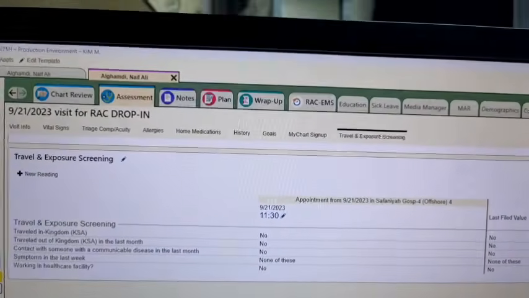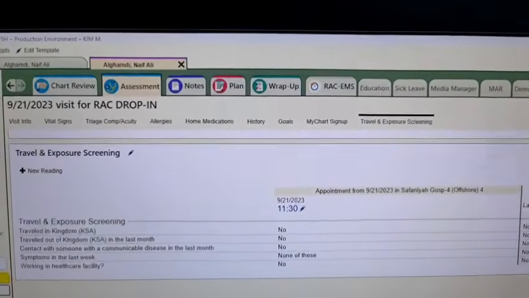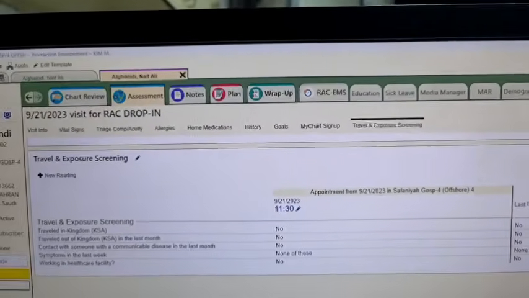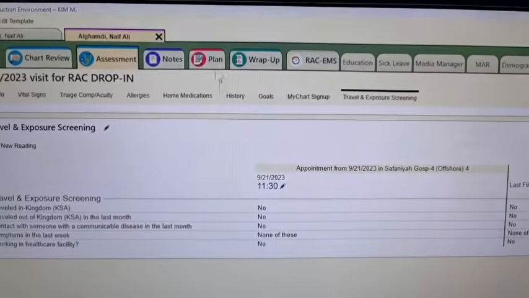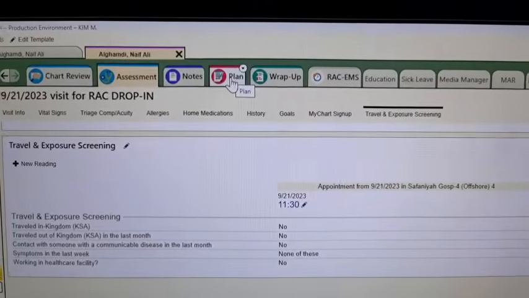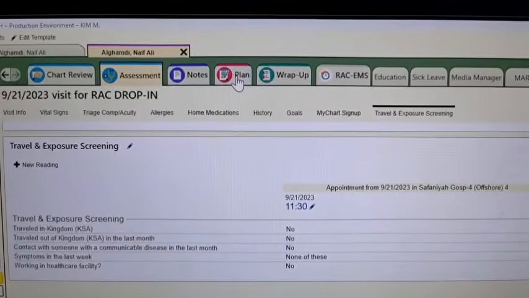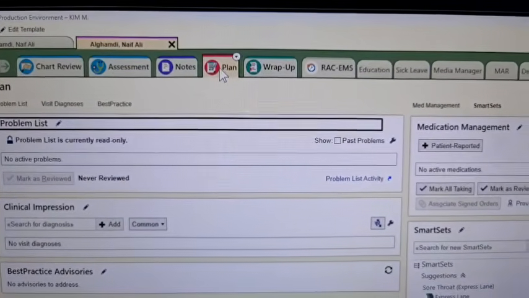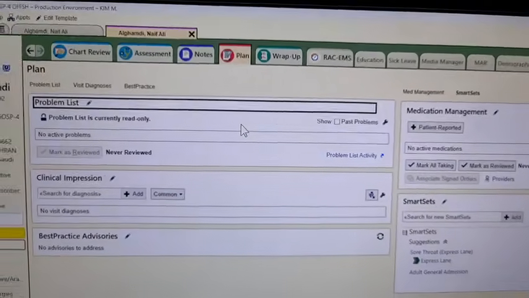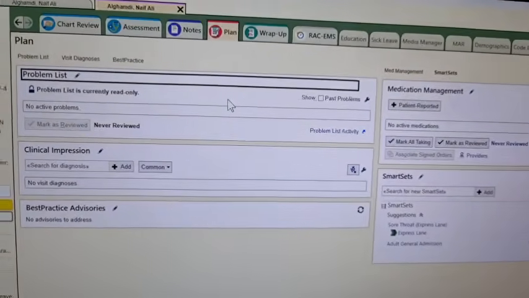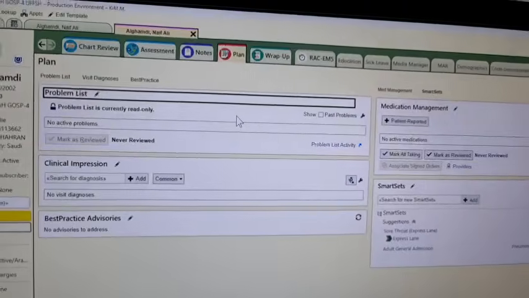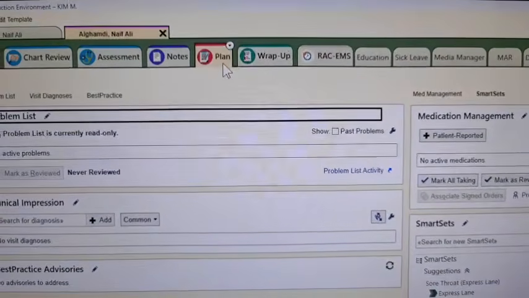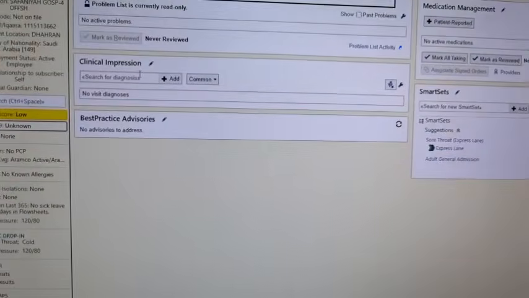This is done for clinics with only the nurse taking duty, or nurse operated clinic. But for physician operated clinic, the physicians are the ones putting the plan, or utilizing this plan. But here in offshore clinic, this is considered a nurse operated clinic. We are the ones also utilizing this tab, the plan. We are the ones putting the diagnosis.